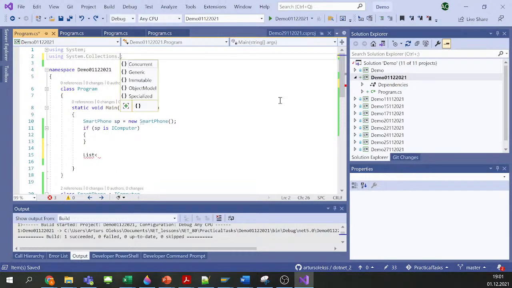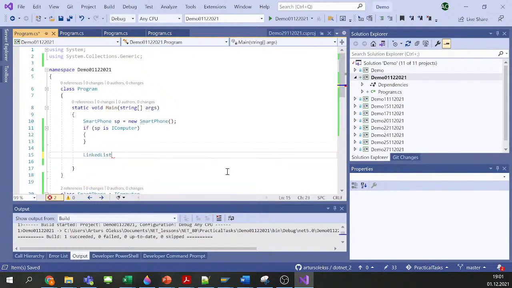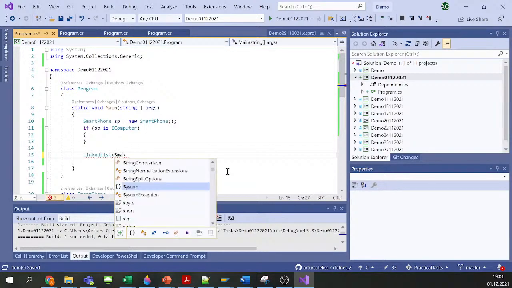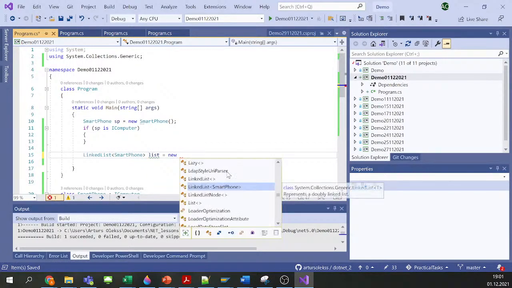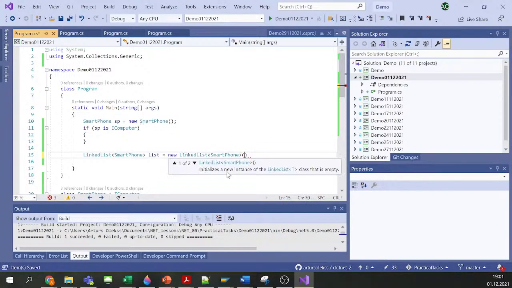Let's use generics, and let's say I use a linked list. Maybe let's use linked list at this point. Let's say I have the linked list of smartphones. I create the linked list, and then we had